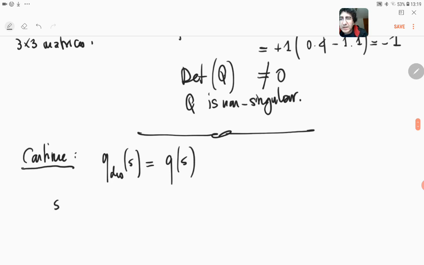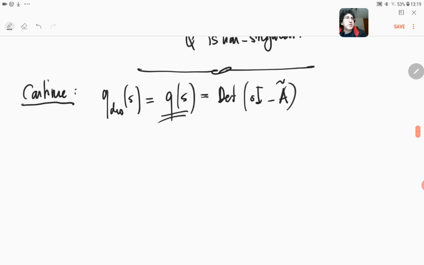Was equal to s cube. Okay, let me first calculate this Q of s. That is equal to simply the determinant of sI minus A tilde matrix. Okay, now let's also calculate the determinant of sI minus A tilde matrix. Remember what that matrix was. So determinant of,